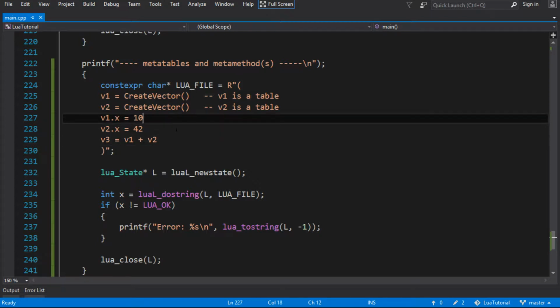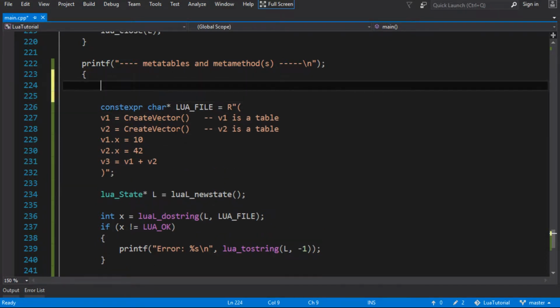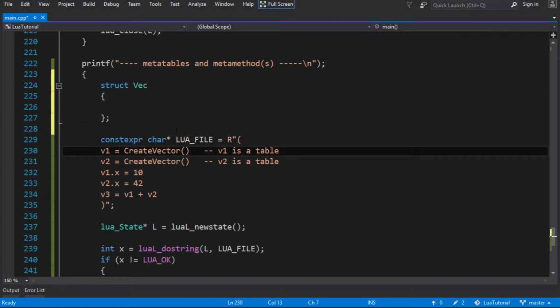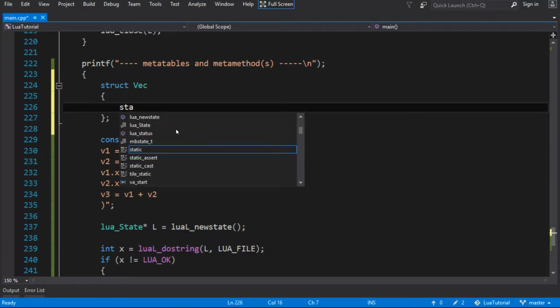So the first thing we need to do is create this function. I'm going to create this function in native code, and I'm going to do it slightly differently to the way I did it before. I'm just going to create a struct here. Again, what I'm going to do is bind a native function to Lua, but because I'm doing it right here inside my main method, and I'm trying to put everything in one place, what I've got to do is put this inside a struct, and then I'm going to make a static method in here,